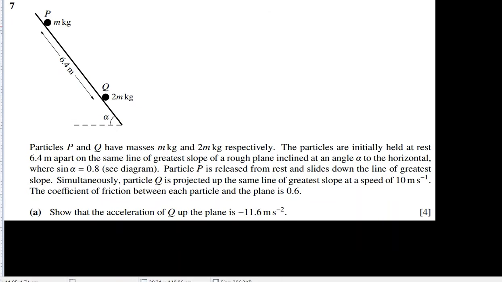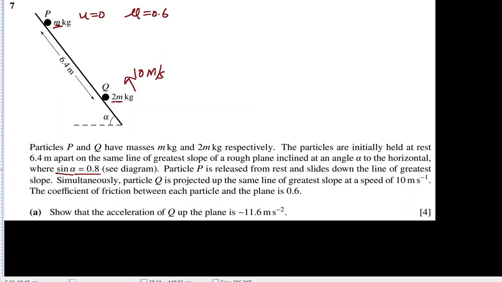In question 7, they have given two particles P and Q. One has a mass 2m, the other one has a mass m. One is let go down, that means it was at rest at the starting, so u is 0 for this. This one was projected upwards by a speed of 10 meters per second. This surface is rough and the coefficient of friction is 0.6. The angle is alpha for the inclined plane and sine alpha is 0.8. We will use it